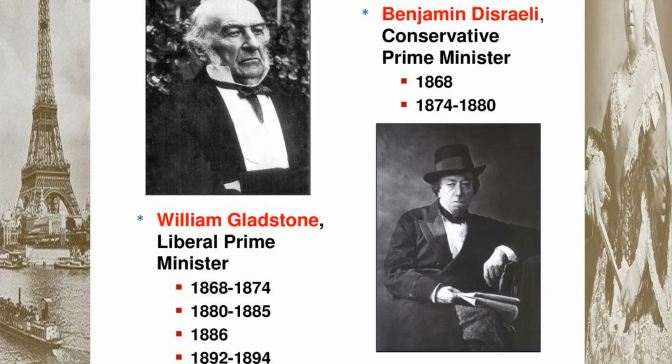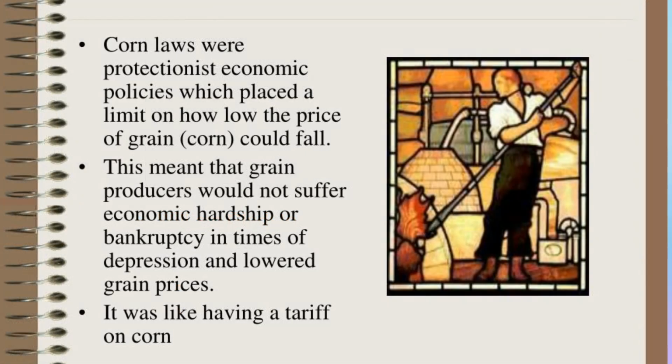In 1911, measures were passed that restricted the power of the House of Lords, and it eventually became a largely ceremonial body. Also during this time, Parliament passed important laws enacting economic and social reforms. The Corn Laws imposed high tariffs that benefited farmers and landowners, but made bread more expensive for consumers. In 1846, Parliament repealed the Corn Laws.